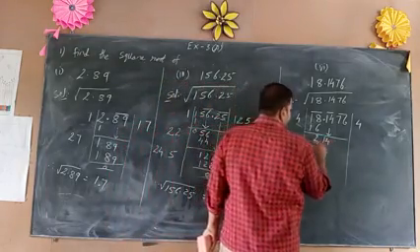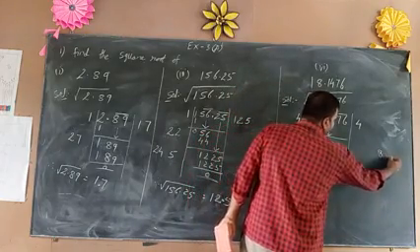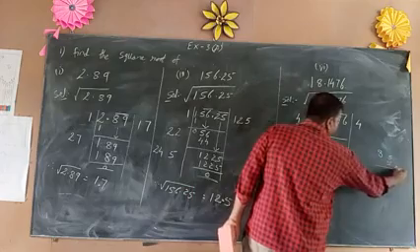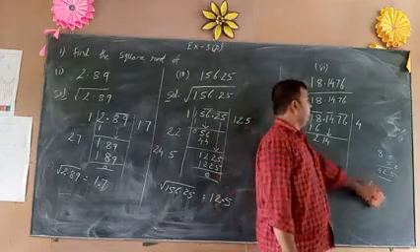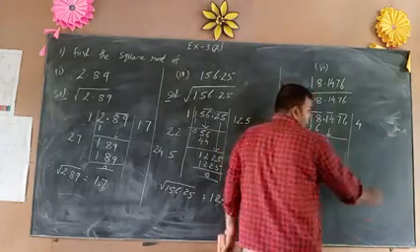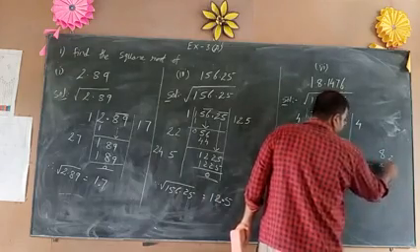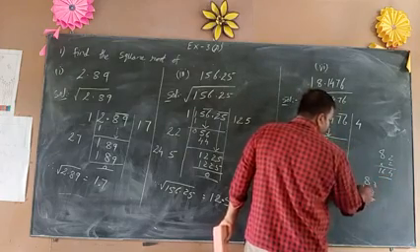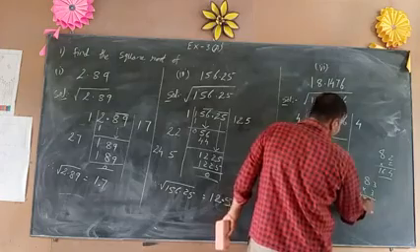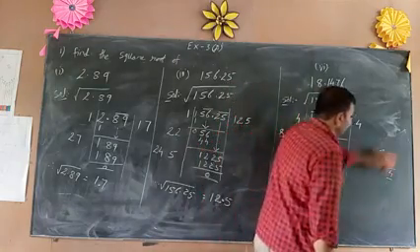Now we have to take the next digit beside 8. I am starting with 5: 5 5s are 25, 85 times 5 is 425, which is much more. So go for lower numbers. I am starting with 2: 82 times 2, 2 2s are 4, 8 2s are 16, that is 164. Then 83 times 3: 3 3s are 9, 8 3s are 24, that is 249, which is more. So we have to take only 2 times, that is 164.